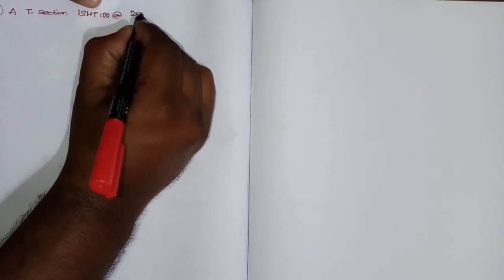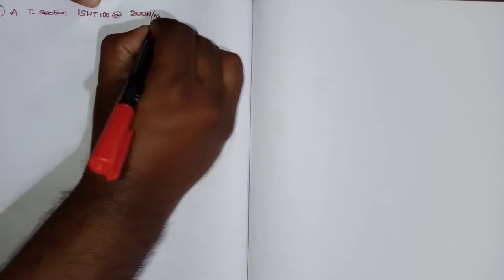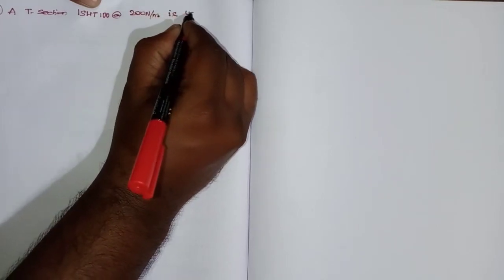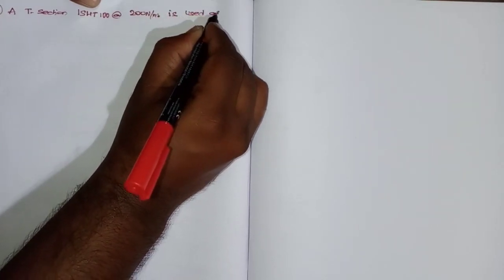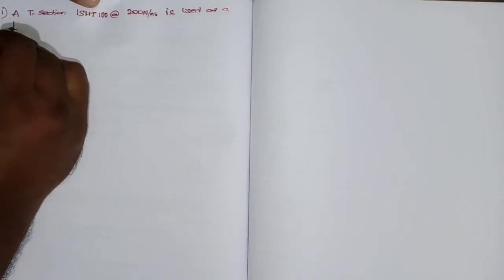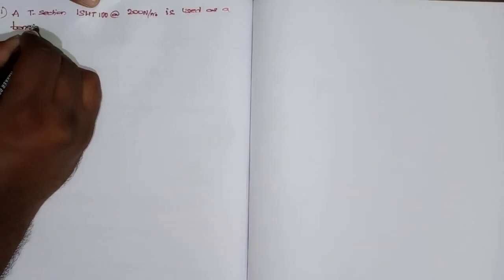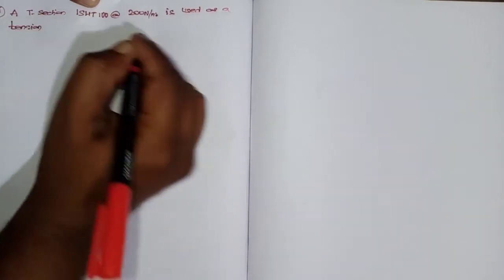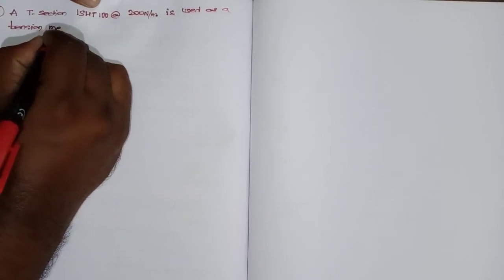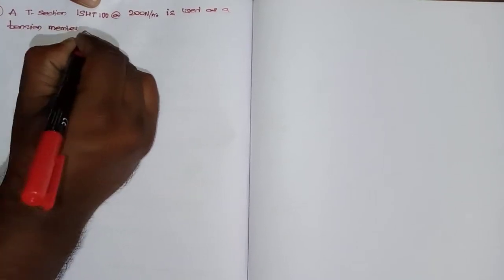After writing the question I will explain it clearly. A T section ISHT 100 at the rate of 200 Newton per meter is used as a tension member. We are dealing with design of tension members, right? Tension member with a